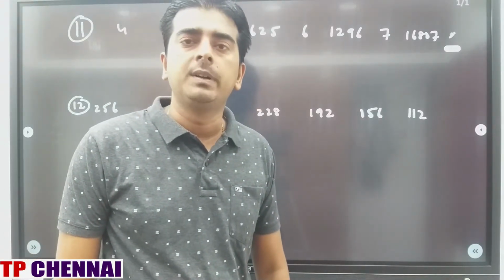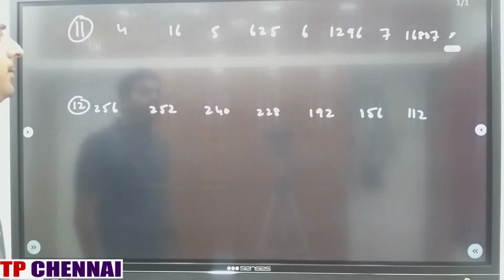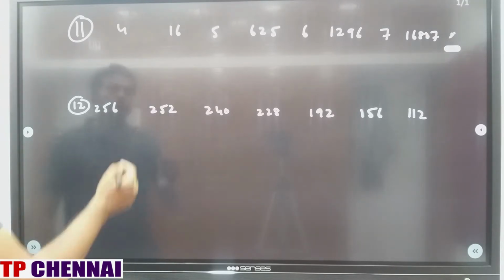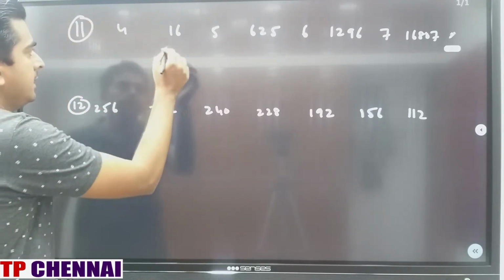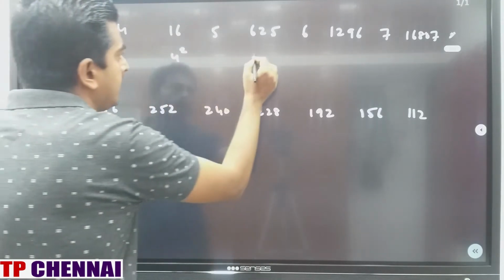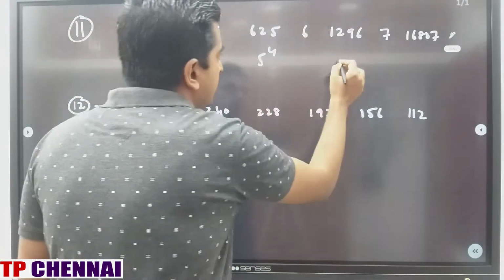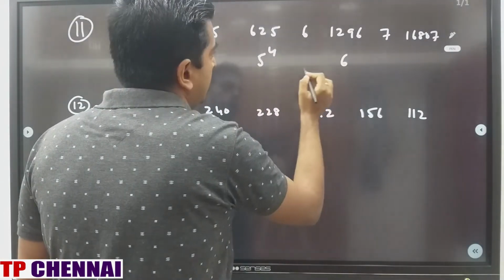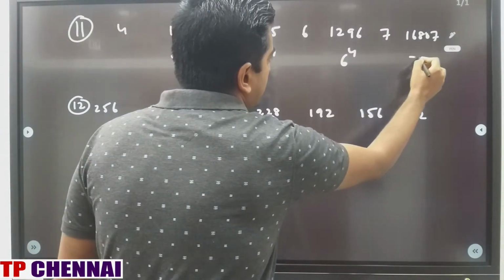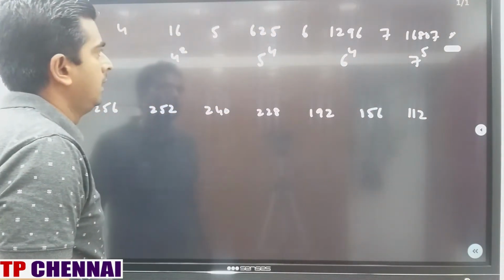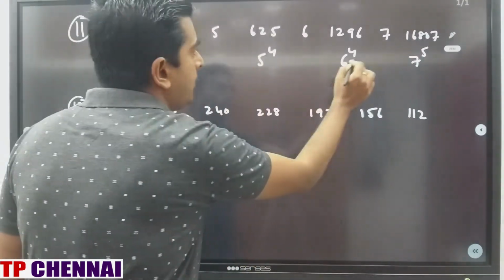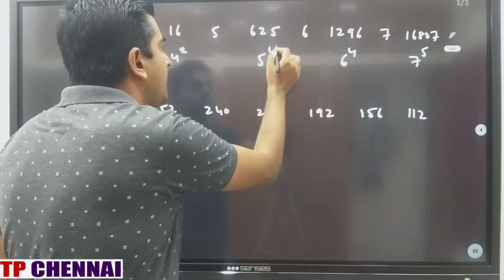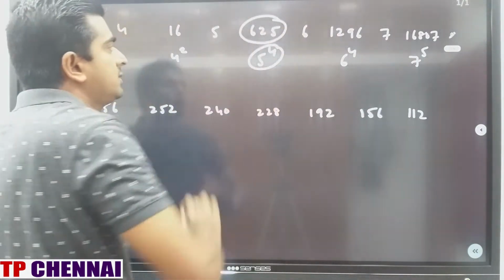Now we will see 5 wrong number series. So first one, 4, 16, 5, 625, 6, 1296, 7, 16807. Right? This is 4. So 4, 5, 6, 7. Alternate series it's correct. Here this is 4 square. Right? This is 5 power 4. This is 6 power 4. This is 7 power 5. 4 should not come 2 times. So problem is because here 2, here 4, here 5 is there. Here it should be 3. So 5 cube should come. My wrong number is 625.